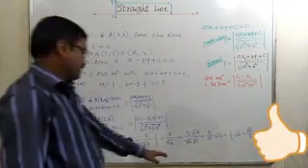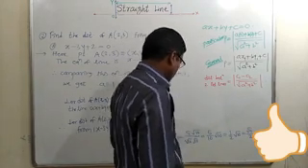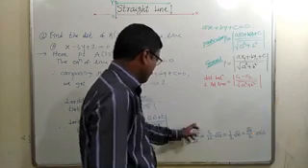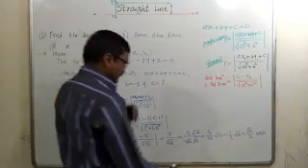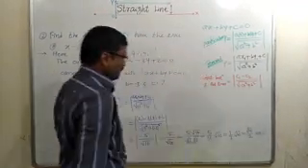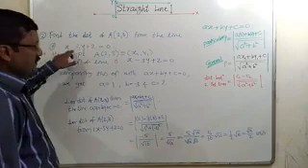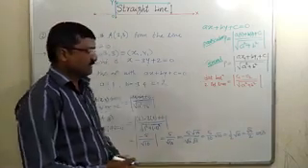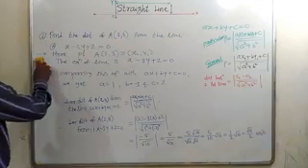Why have we changed this answer? Because conventionally the root number should be in the numerator. That's why we are multiplying numerator and denominator by root 10, so that we get the answer as root 10 upon 2. That is the distance of this point from this line. Okay, so we are again using a similar method to find the distance of a point from the line. Let us see one example of parallel lines.